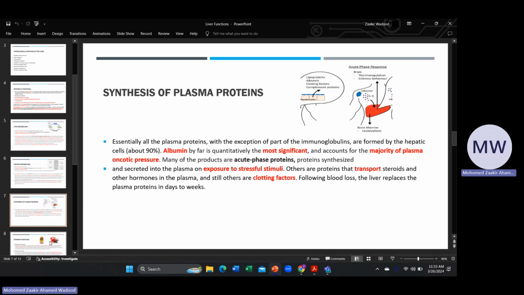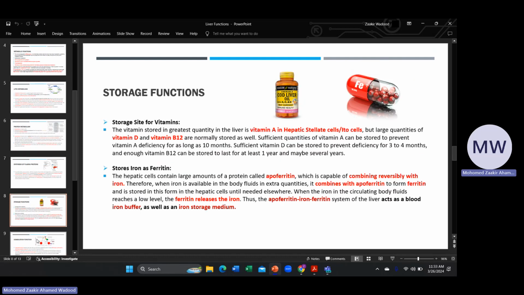And of course, we cannot forget about the clotting factors. Whenever there is loss of blood, for example, due to some sort of internal or external hemorrhage, there is a replacement of these proteins, typically in a few days to weeks. So apart from its synthetic function, the liver is also a very great storage site, not only for blood,